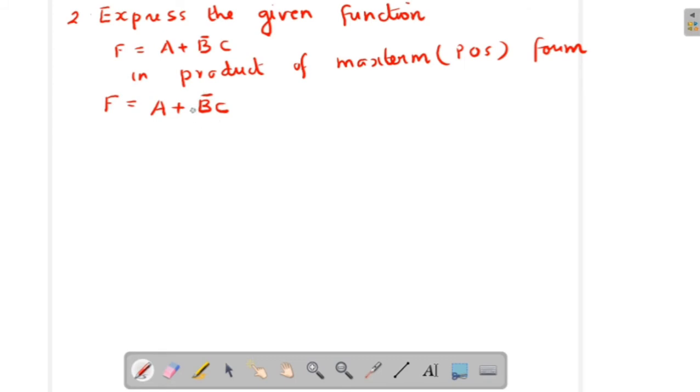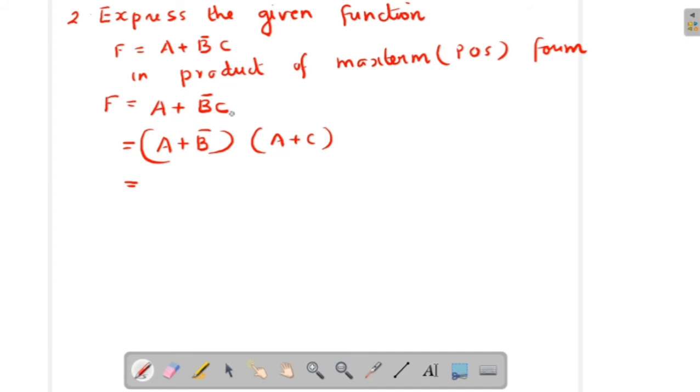So to convert it into POS form, first we have to convert it into standard POS form. To do this, we apply the distributive law, so it becomes (a plus b complement) into (a plus c). Okay, now it is in standard POS form. So in each term, identify the missing literal. In the given function, a plus b complement c, we know that there are three variables a, b